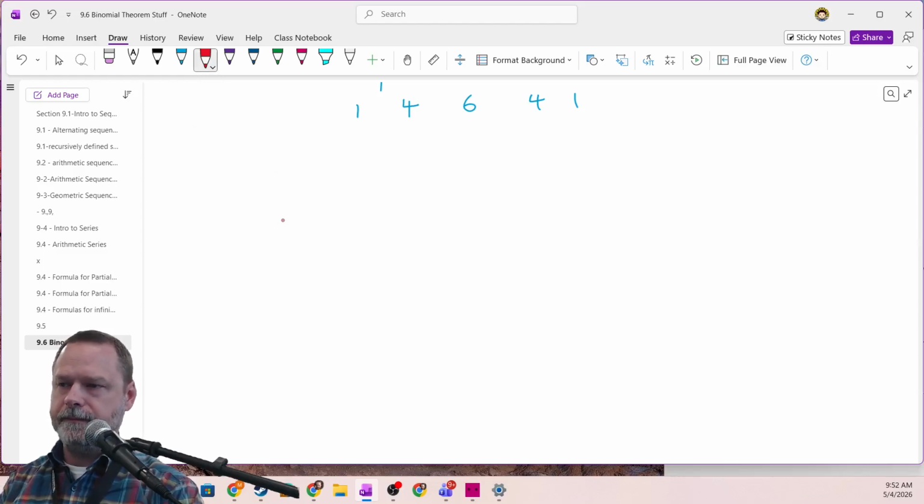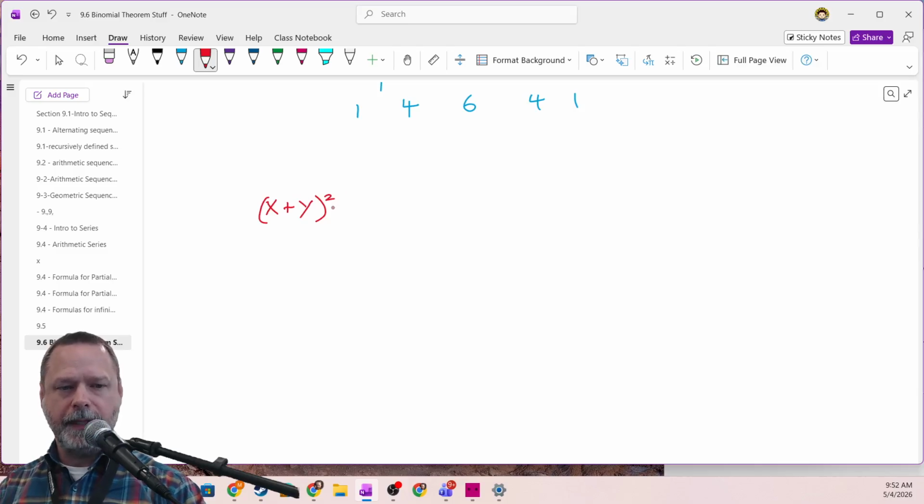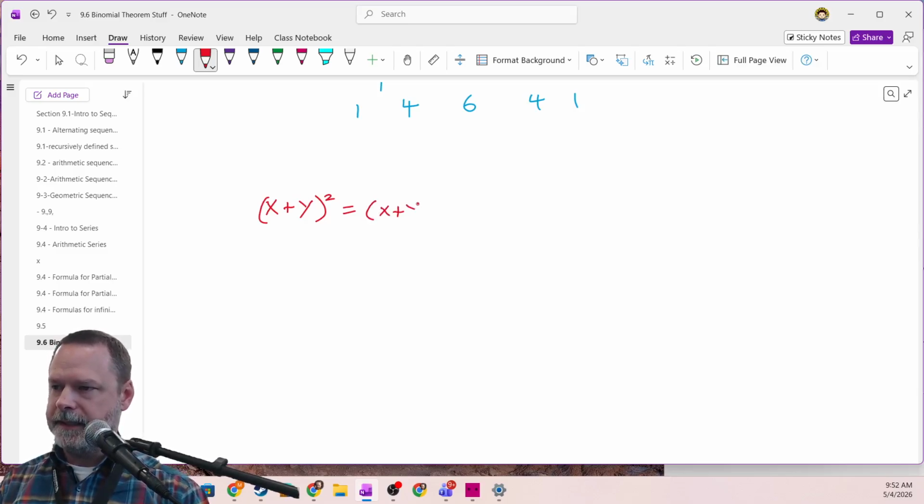So binomial expansion. First things first, let's do a nice easy one. If we're doing a nice easy one, we get x plus y squared. That's a nice, really easy binomial, and we're going to square it. So what does that mean? That means x plus y times x plus y. And we're going to get,